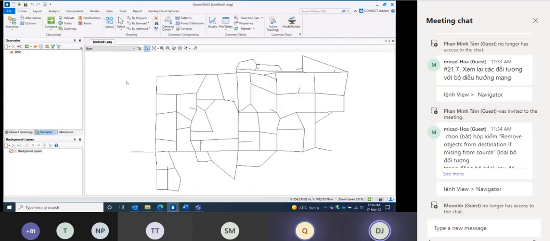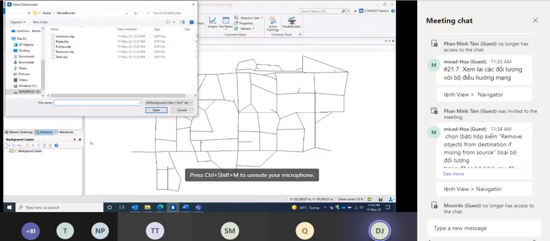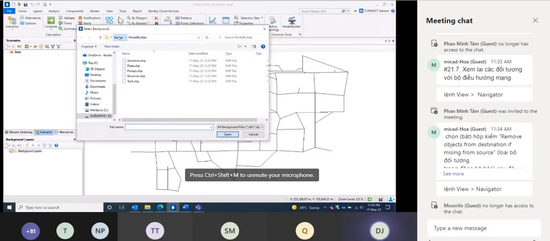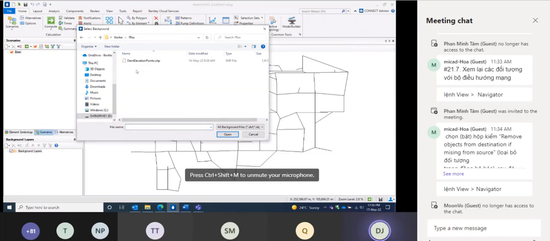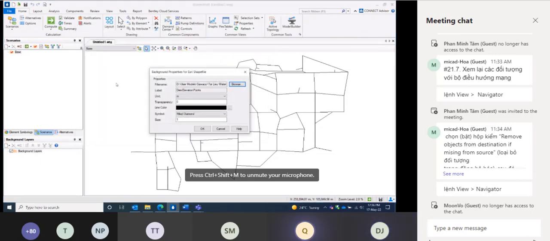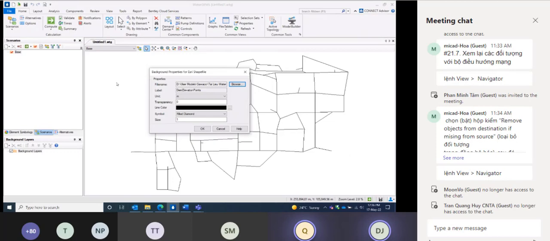So close that down and we need to go over to the background layers tab. So in the background layers, new file. If you go back to starter, you'll find that T-Rex has its own folder. You go ahead and open up T-Rex and you'll find DEM elevation points. So when you open this up, you'll find two problems. Firstly, the unit is in meters, but this file is actually in feet. So you need to change it to feet,